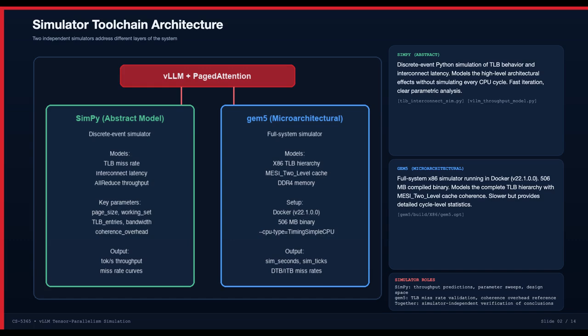and then perform validation. So two independent simulators form the toolchain, each operating at a different level of abstraction. Let me walk through what each one does and why both are necessary. SimPy, spelled S-I-M-P-Y, is the abstract discrete event model. It is a Python library that simulates system behavior by scheduling and processing events in time order. It does not model every CPU cycle, which makes it fast and suitable for sweeping through many parameter combinations. So you'll see over here on the left